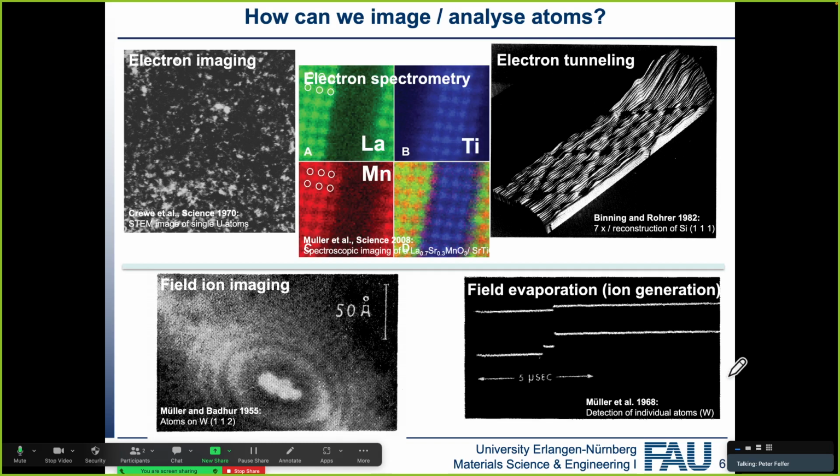Okay, and so what is the basic question? Well, the basic question is how can we image or analyze atoms? And this means we need to have some kind of interaction with the atoms. And one interaction would be electron imaging. So this is